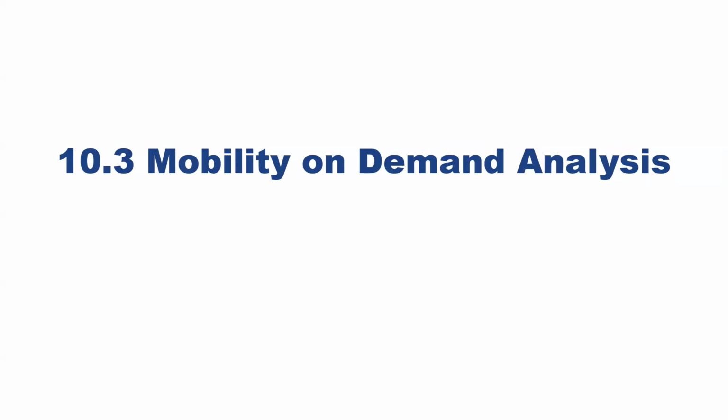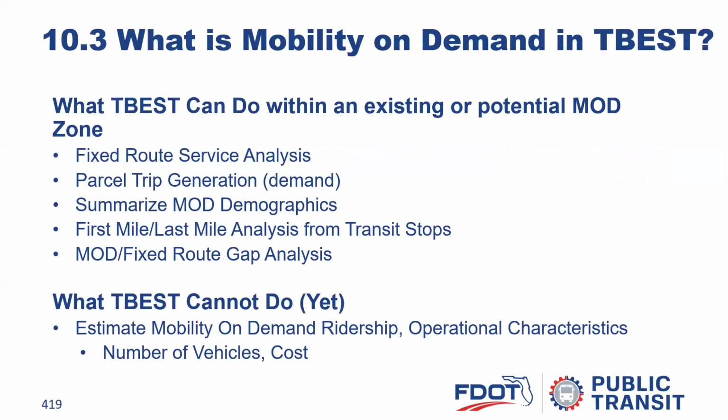All right, so what is mobility on demand in T-Best? What can T-Best do within an existing or potential MOD zone? We have fixed route service analysis. We've looked at that. Parcel trip generation, which is the demand inside of MOD zones. We've looked at that extensively. We can summarize the demographics. We can look at first mile, last mile analysis from transit stops,